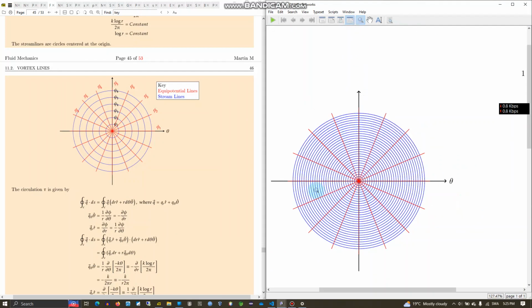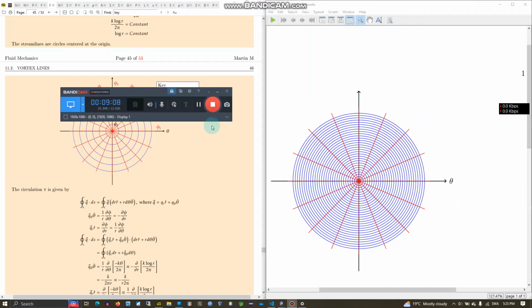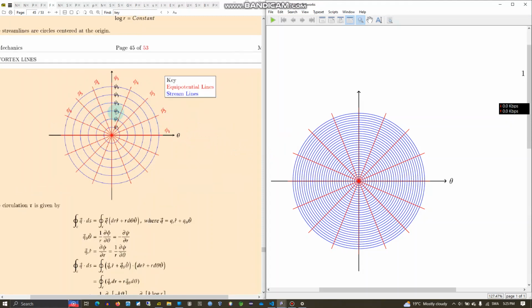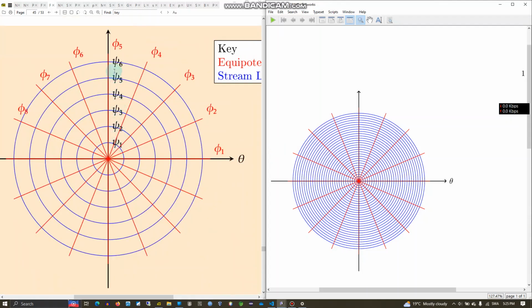So you see, I think I have a time limit of 10 minutes. So that's it. If you have any question, how we can add this. Of course, we can also add these labels without